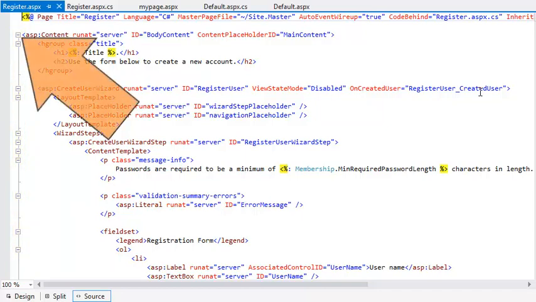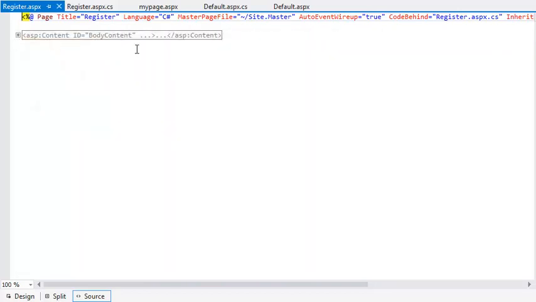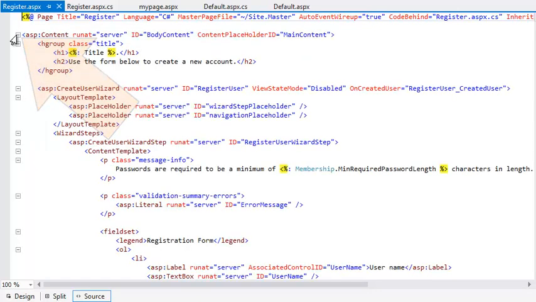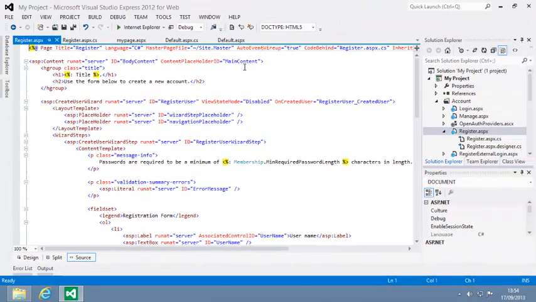Now click the first minus button next to ASP Content. Once again, all of the page's code seems to disappear. But as before, it has just been collapsed out of sight. Expand the code again now by clicking the plus button. The code reappears. Now close Visual Studio